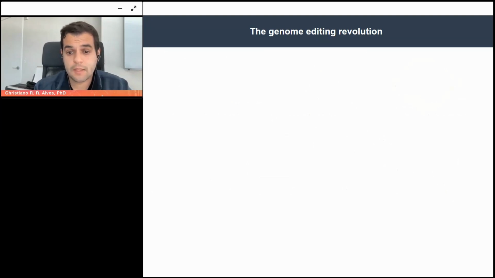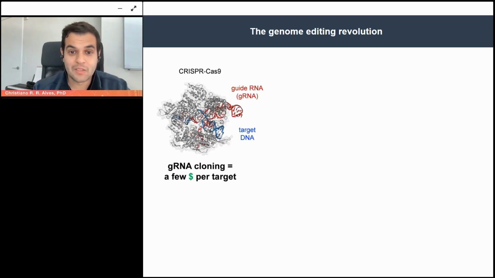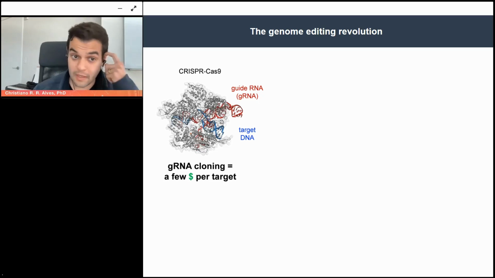So first of all, let's just take a step back and recognize the genome editing revolution that we are actually living. Just to really point out, CRISPR, Cas9 system, and other variants, they definitely change the game here, especially because now we can design rational ways to edit the DNA. And this is, I'd say, the main thing here: this is really cheap compared to technology that we had before CRISPR.